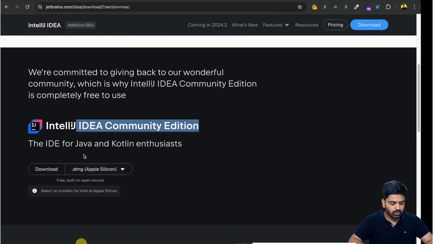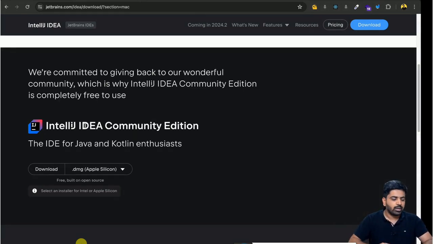So just download it according to your own operating system, and the installation process is also fairly easy. I believe even a 6th grade student can download and install software these days. So it's not going to be that difficult for you. So just go ahead and download and install. The installation process requires just clicking the next button, and you can leave everything at default and it will give you a fairly good IntelliJ IDE setup. All right. And even if you are facing some difficulties, if you are facing some errors, there are lots of resources on YouTube. You can just take help of those